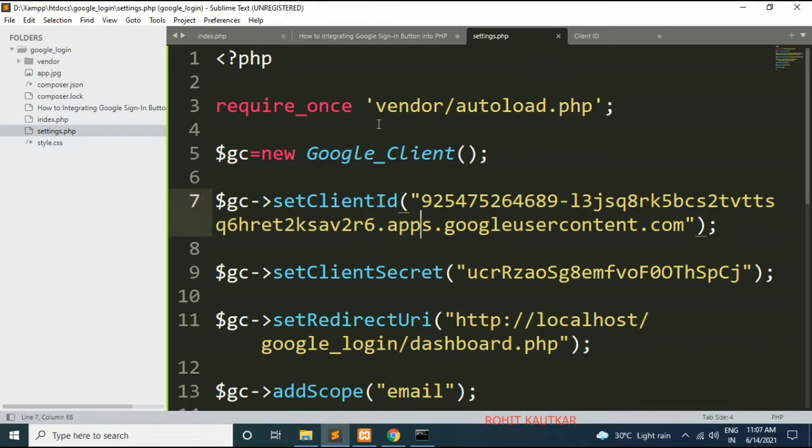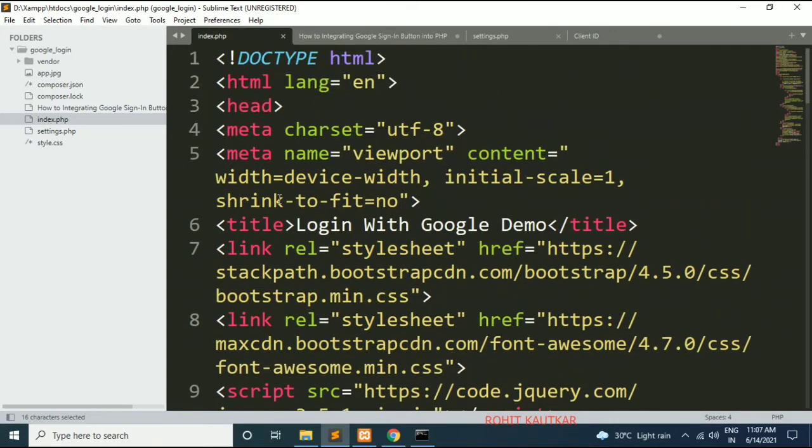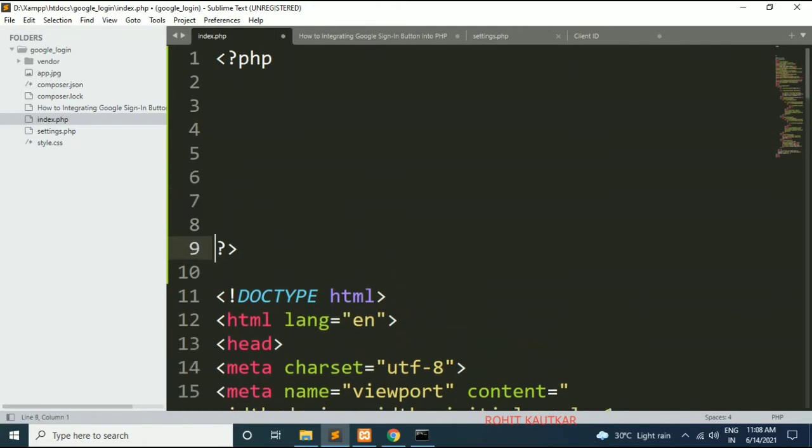Now friends, we will move to index.php, and within this index.php we will add certain PHP code, which will allow us to validate the user and fetch the account information from the Google server. So for doing this, at the top of this file I will start a PHP block, and now first of all we will include our settings.php file.